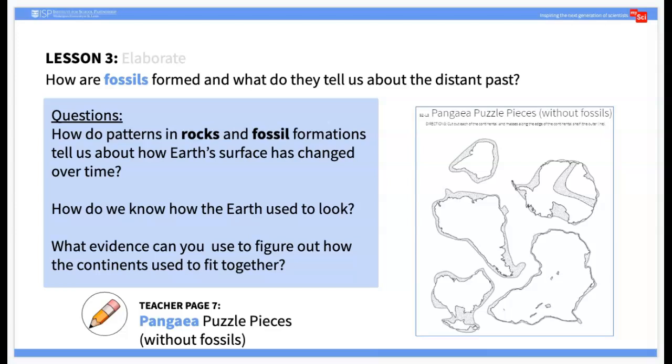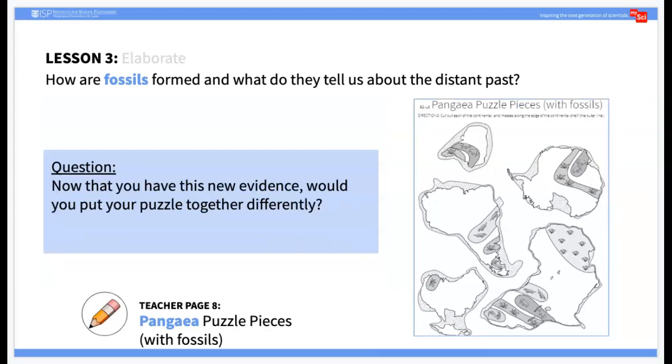In the Elaborate portion of this lesson, students will consider what the Earth's surface used to look like millions of years ago. They will begin by observing the shape of the Earth's continents and using this as evidence for how the continents may have at one time been configured. Next, students will observe the Earth's continents with fossils included. They will use the fossils as evidence for how the continents may have once been configured, revising how they originally